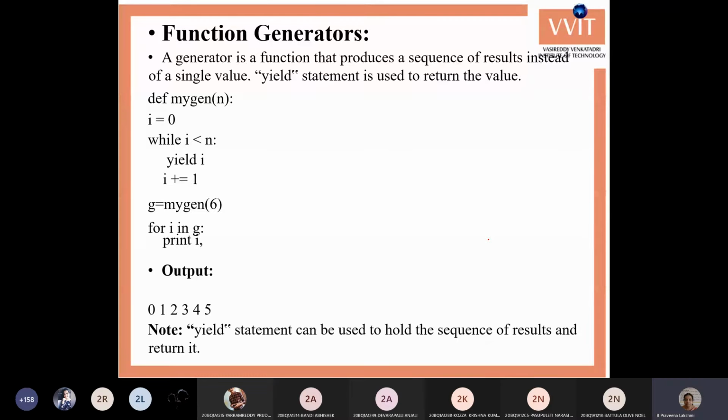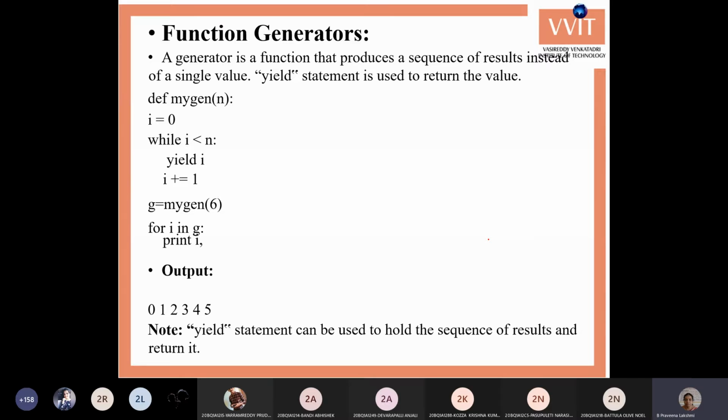Whenever one value is generated, it has to be returned to the calling program, and again it has to execute the next iteration of the loop and return another value. Like this, it has to return multiple values from the function, like a generator of values, just like the range function. The range function generates the values from the given first value to the last value. In the same way, our function has to work: every time it executes an iteration, it has to return one value at a time.